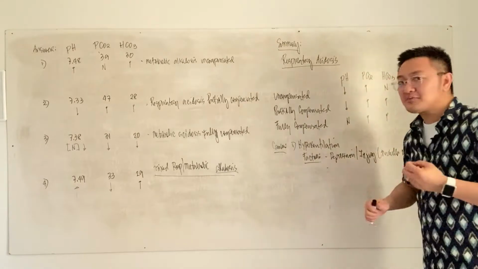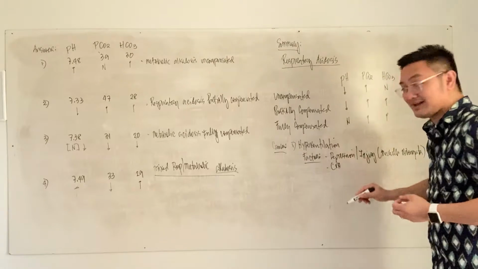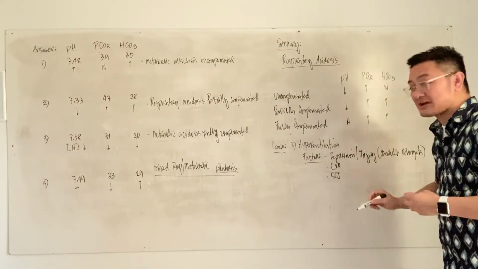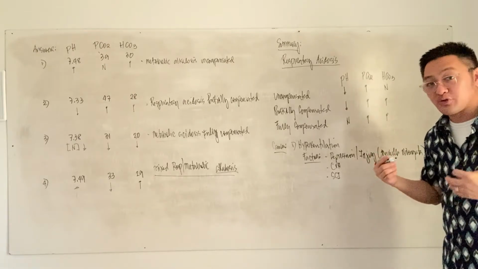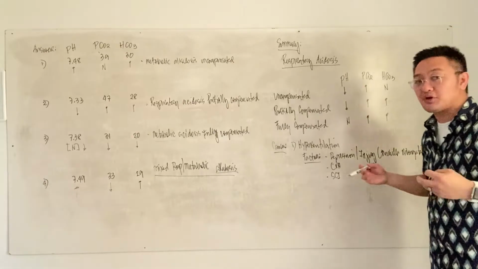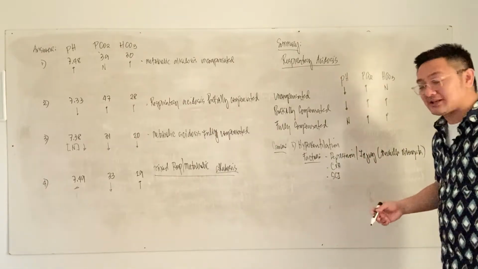Next, another reason that can cause hypoventilation is a patient with stroke, okay, because of neurologic problem, or a patient with spinal cord injury, especially if it is a cervical injury or a thoracic injury, okay, that will affect the control of your breathing pattern, respiration in general. So that can cause hypoventilation as well.